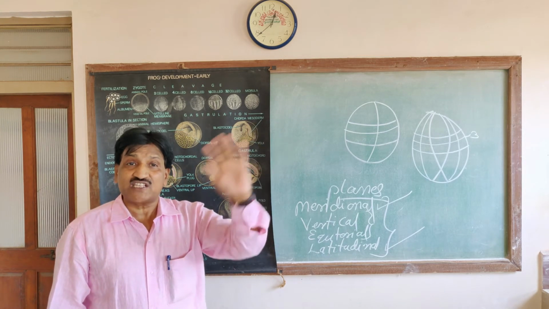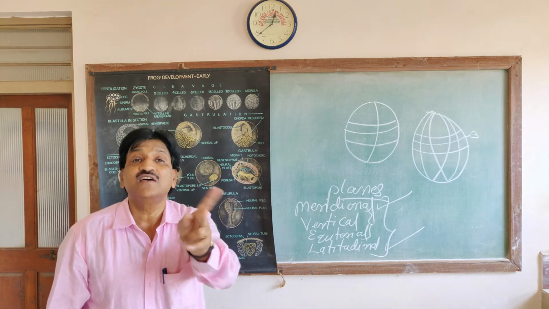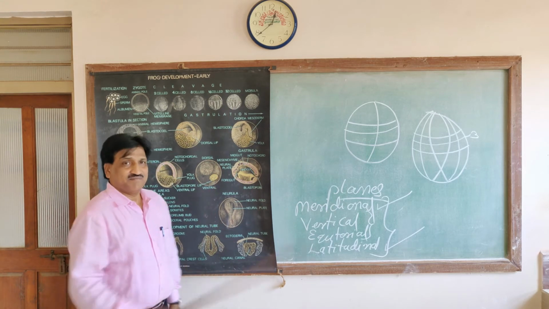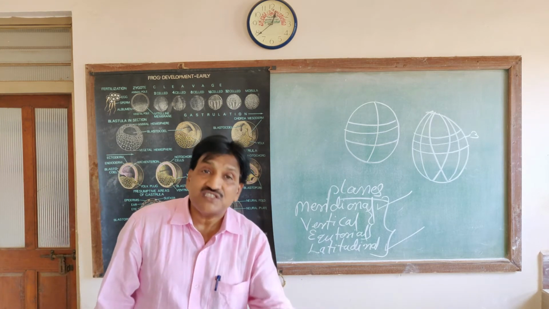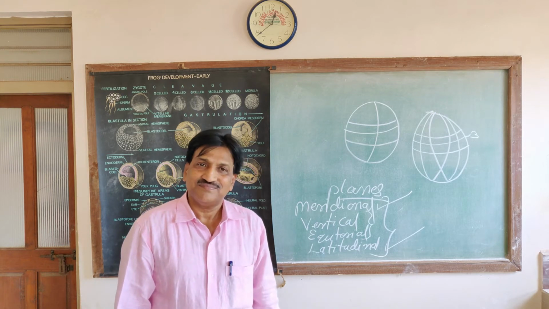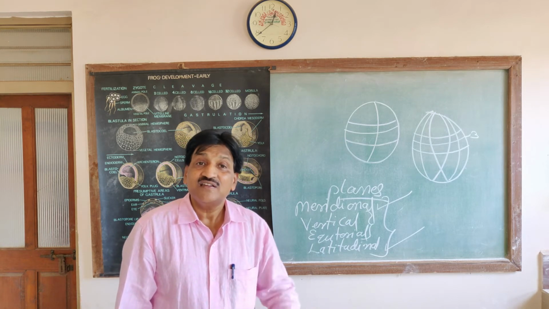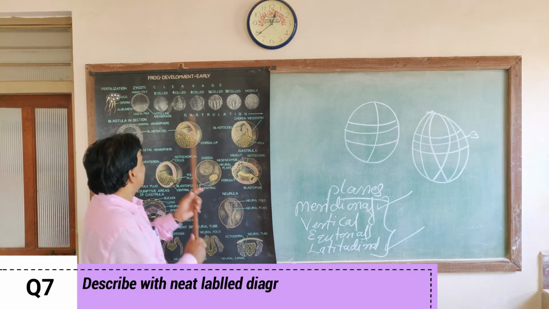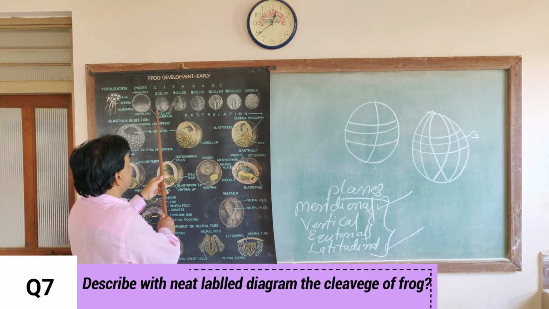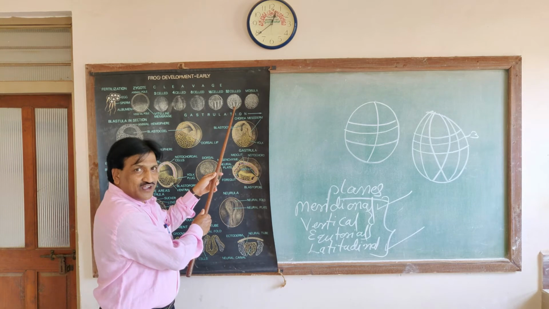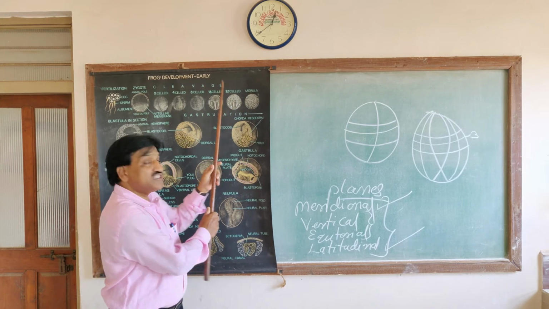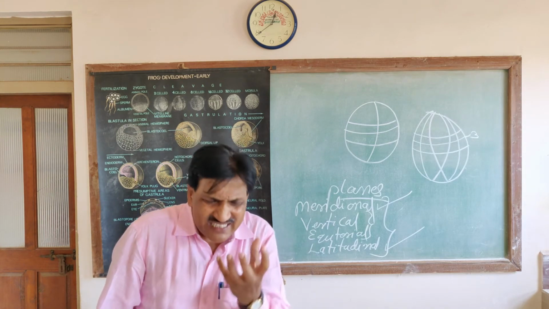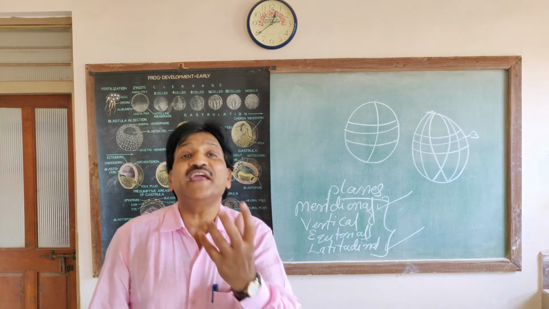The upper two tiers containing 16 cells are the smaller cells, micromeres. The lower tier containing 16 larger cells is called macromeres. So how many cells are formed in total? 32 cells. A single-cell zygote, after the end of the cleavage, gives 32 cells. Those 32 cells are called blastomeres, constructing the body of an embryo.